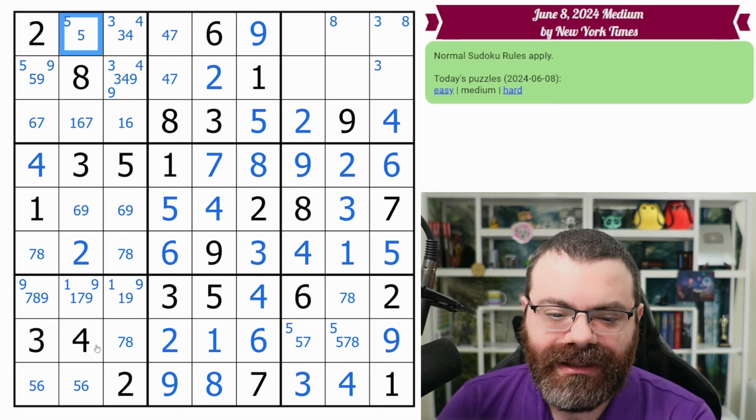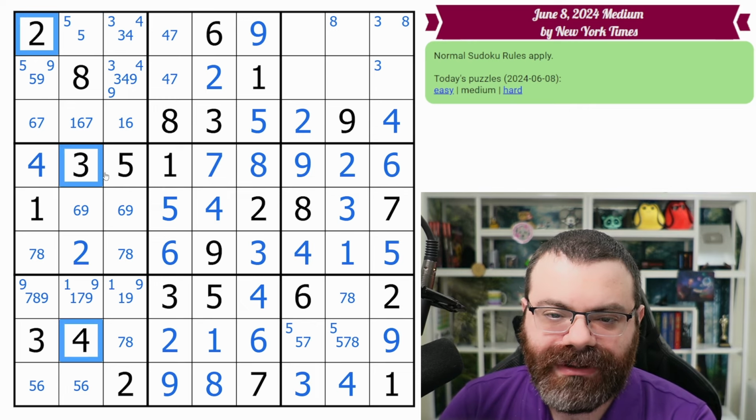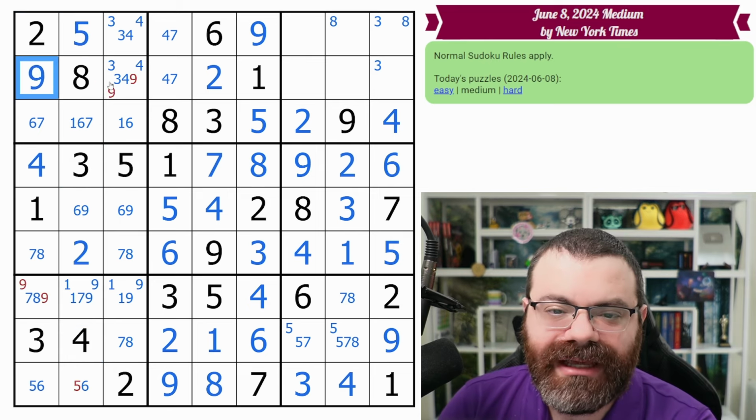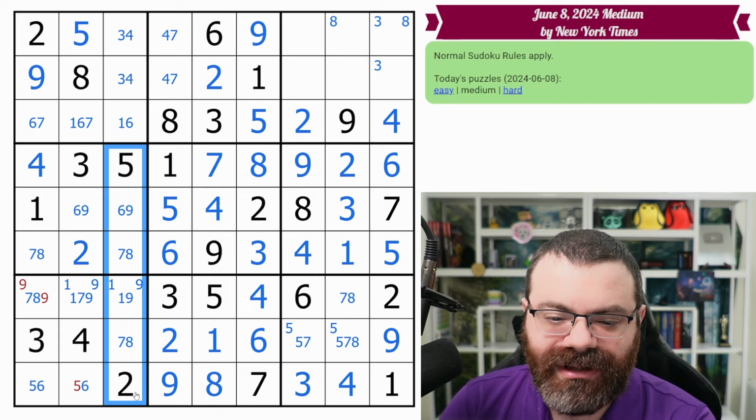It can't be 1 because of the triple. It can't be 2, 3, 4. It is a 5. It can't be 6 or 7 because of the triple. It can't be 8, and it can't be 9. So it is a naked 5 now. That places the 9, leaving behind a 3, 4 pair. That 3, 4 pair is going to remove 3, 4 from the rest of the column,